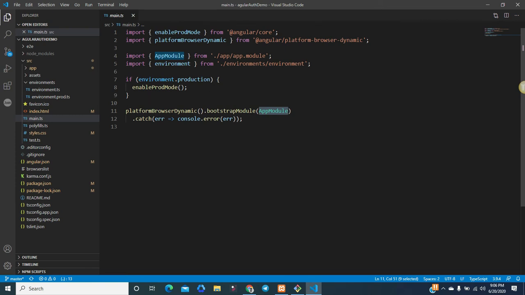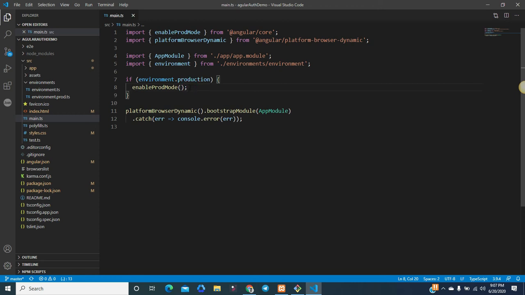In an Angular application, at least one module and one component is mandatory and compulsory, which should be bootstrapped. So here it is the app module. Through the import command, you can see that some modules are being imported so that this code works. You will also notice environment.production. This includes the environment file, and using the variable production it checks whether the project is under development or in production. If it is production mode, then the production mode will be enabled.